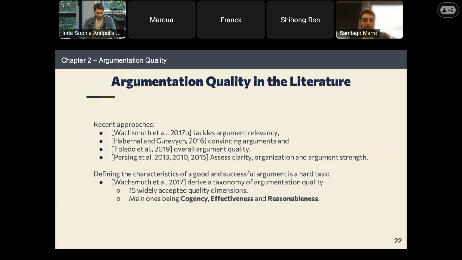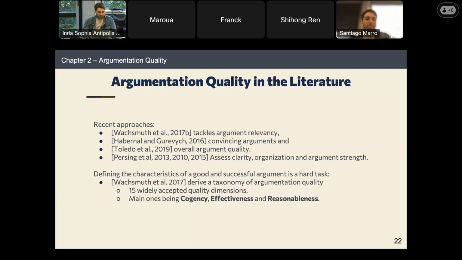But more importantly, I would like to highlight the work of Wachsmuth in 2017, where they derive a taxonomy for argumentation quality. They take all the work from philosophy, psychology, and social sciences, and they adopt the 15 most widely accepted quality dimensions. This is important because, as we said, it can be subjective, so we need a point in common to be able to discuss.